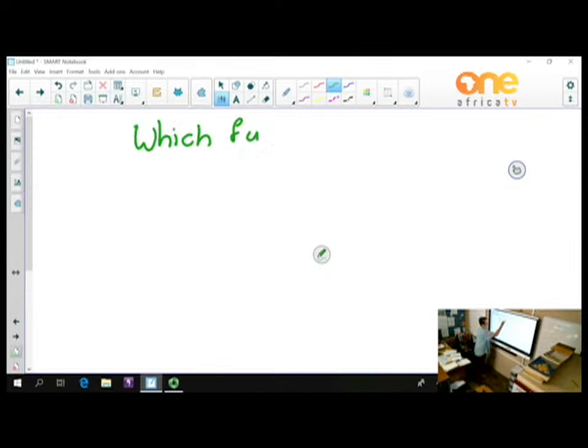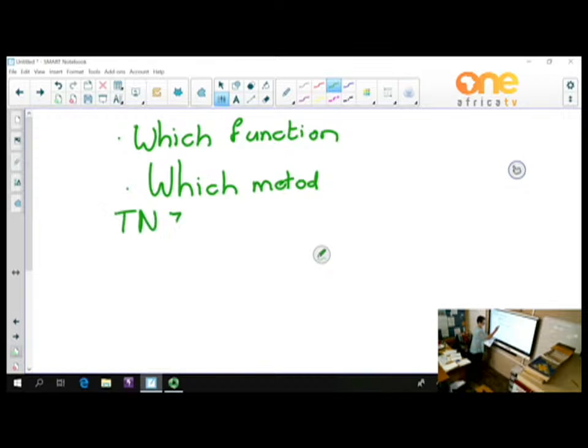Which function? And then the second question that we're going to ask is which method? Which method are we using here? Which function? Which method? Those are the two questions that we're going to repeat every time. Okay, so we look now at Try Now 7 on page